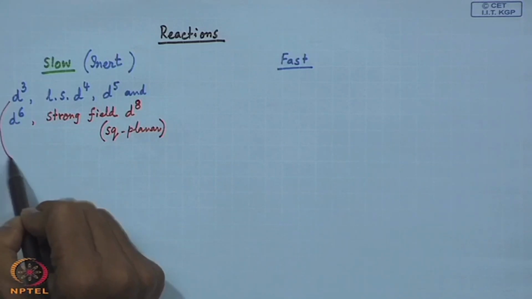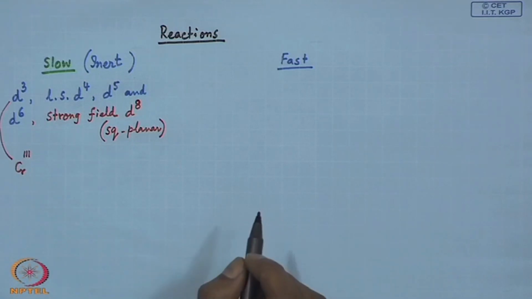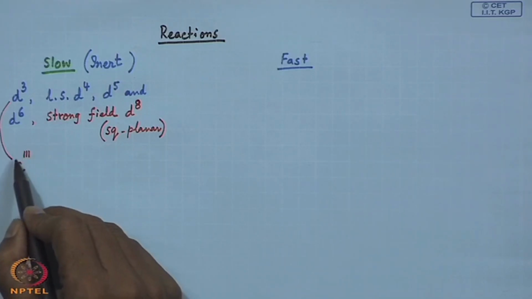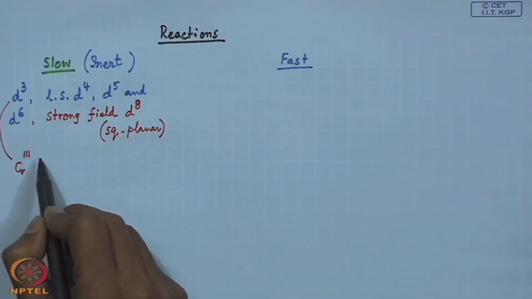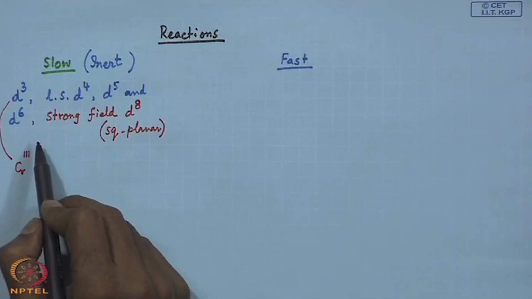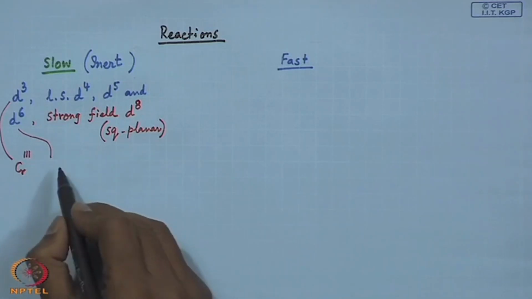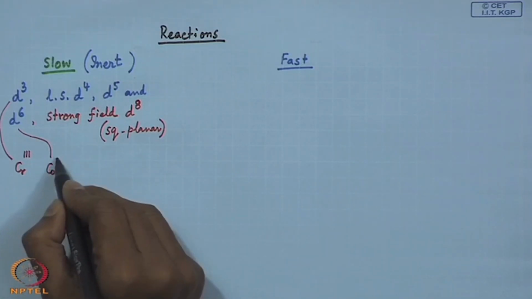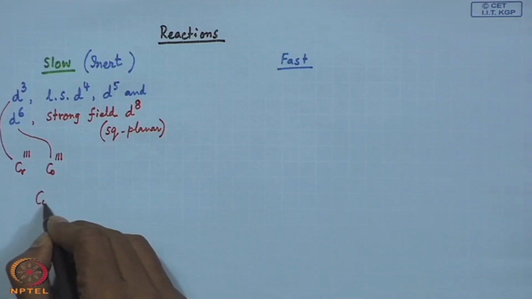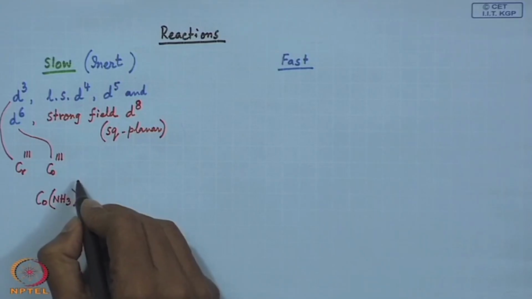So this d3 electronic configuration, we all know that this is for chromium 3. If we have the corresponding chromium 3 compound with only 3 unpaired electrons in the d orbitals, then this can react very slowly for ligand substitution, even for water exchange reactions. Similarly, for d6 configuration, we have the trivalent cobalt, which we have seen also in case of the hexaammine cobalt 3 compound,